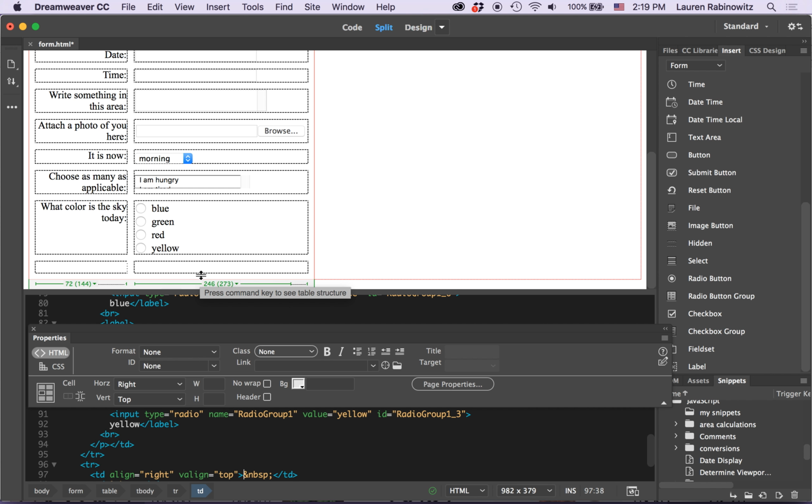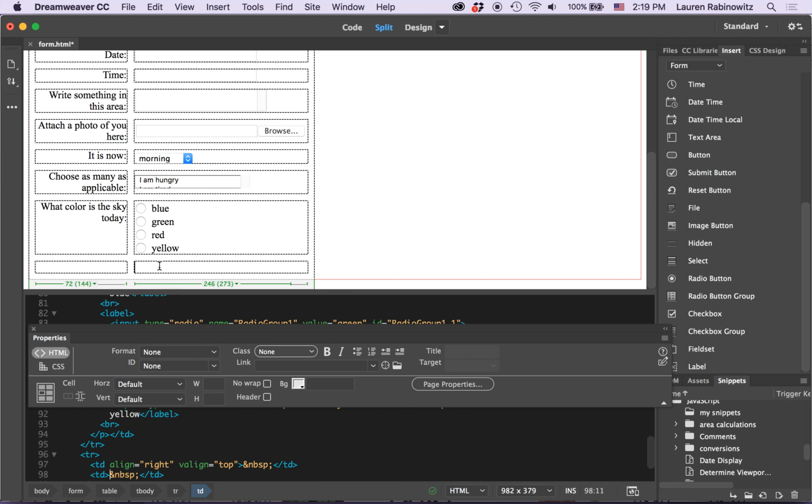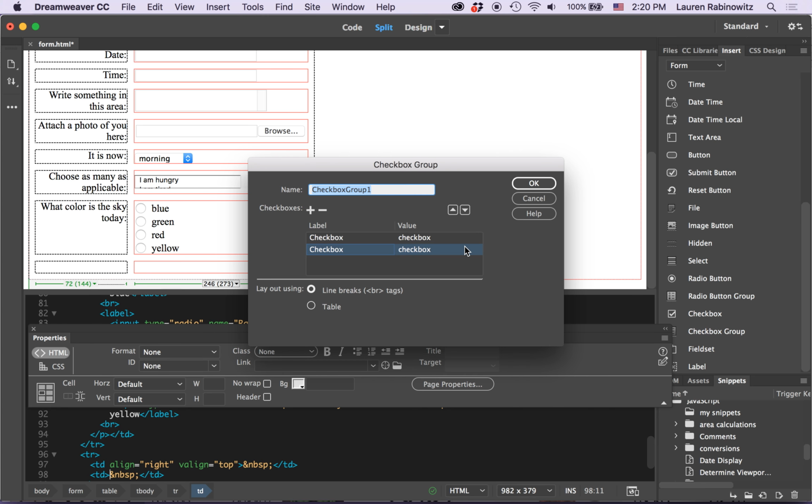Okay, so radio button groups mean the user only has one choice. They can't click multiple radio buttons in a group. If you want to give someone multiple choices, checkbox group is what will work here. So checkbox group, I'm going to just do